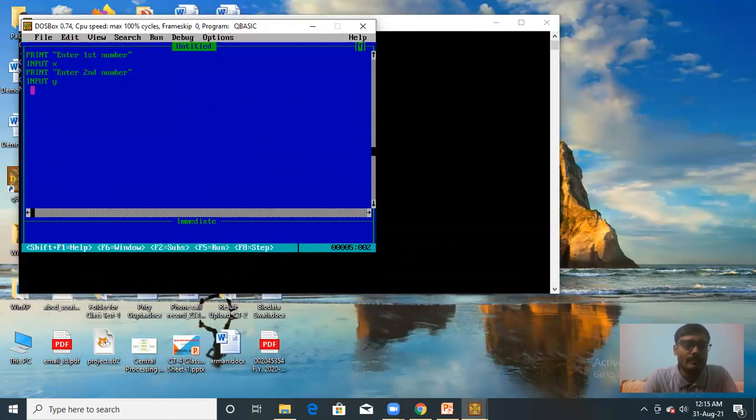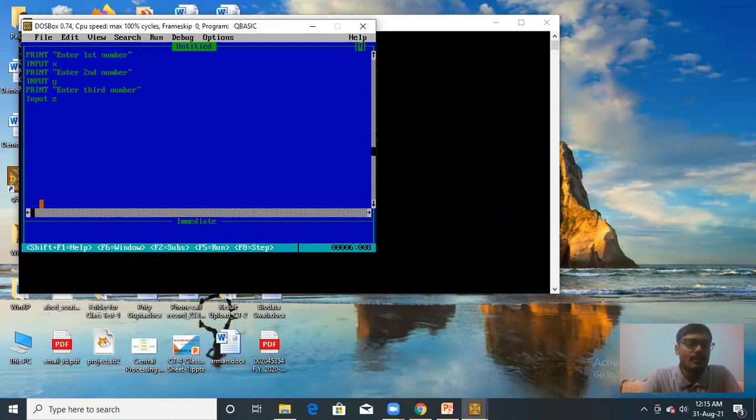So you have to write print "enter third number". This message will be printed at runtime, and you have to input in another variable, INPUT Z.